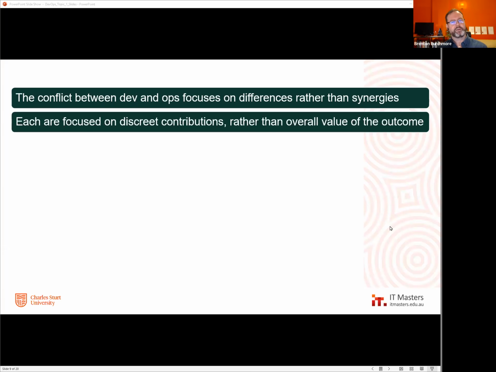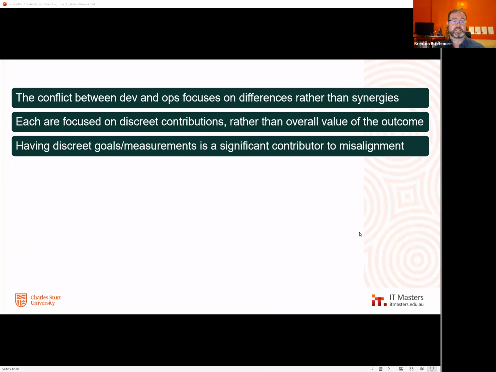Part of the reason that's hard is because at the executive level, a lot of organizations measure outcomes discretely. They measure a development team's outcome differently from how they measure an operations outcome. And that creates an inherent conflict, because a lot of the time there are mutually exclusive forces at work. And unless there's a way to mitigate the conflict between those mutually opposing forces, the teams will be in conflict because they'll have to resolve it somehow. So separate goals, keeping them separate, is part of the problem that we're trying to solve with something like DevOps.